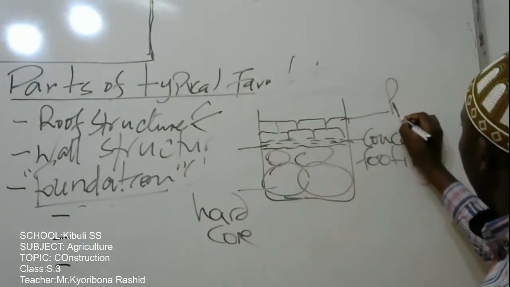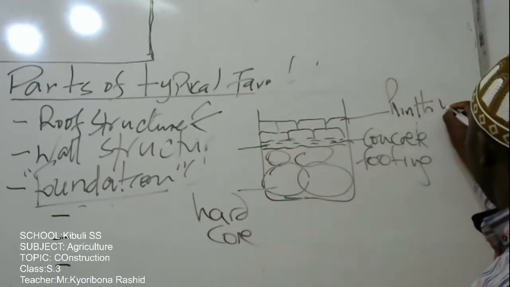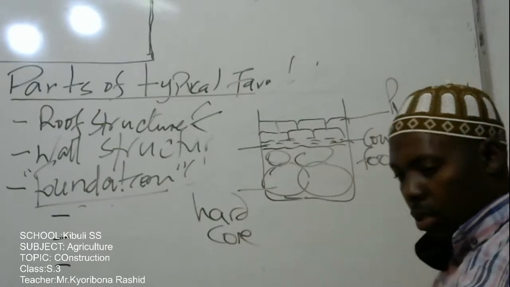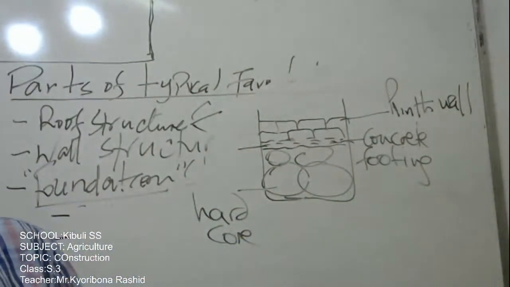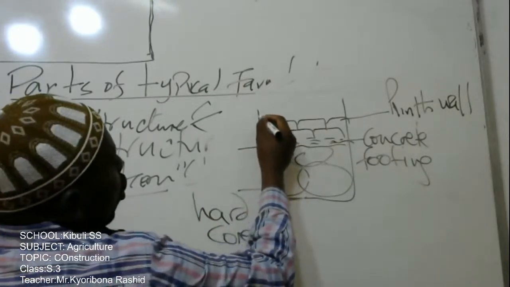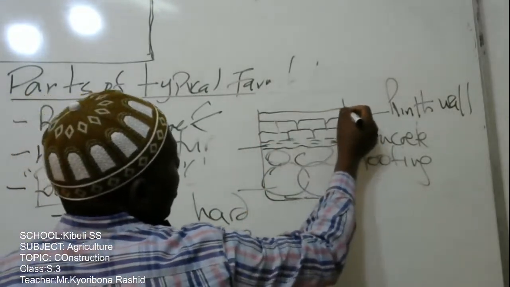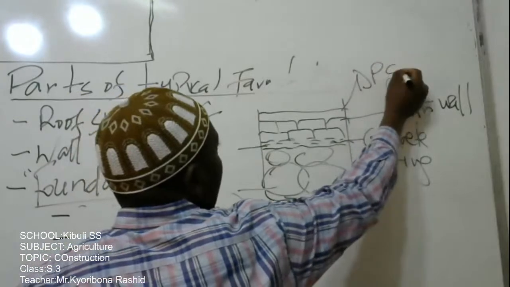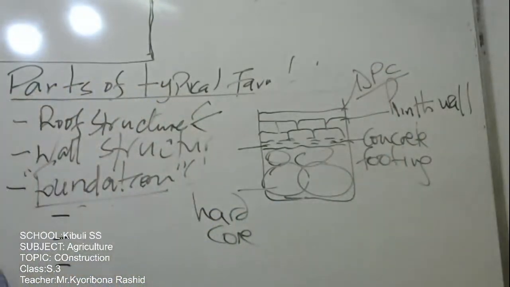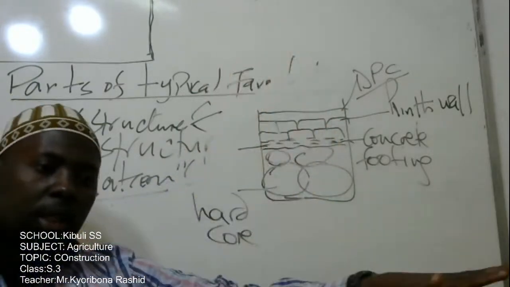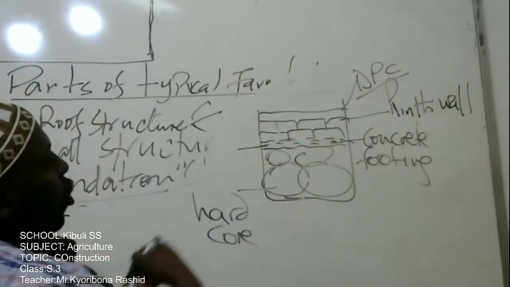It's a plinth wall. You can also call it foundation wall. And then after that you lay a DPC. DPC is damp proof course. It is this black paper that is laid before